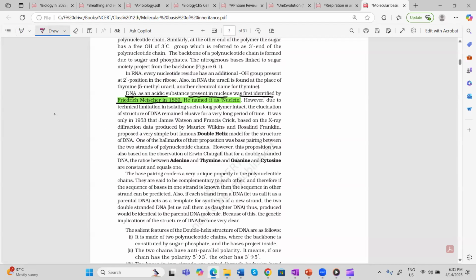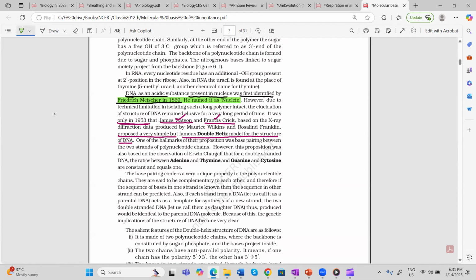Then, because of technical limitations, they were not able to isolate the DNA, to work out the structure of DNA. But in 1953, James Watson and Francis Crick proposed a very famous model, the double helix model for the structure of DNA. Understand the way I'm doing skim reading. In 1953, James Watson and Francis Crick proposed a very simple and famous double helix model for the structure